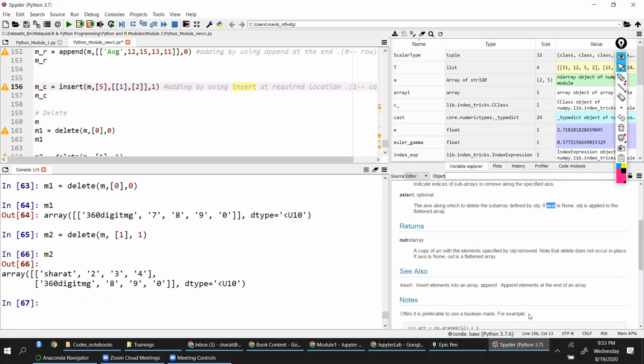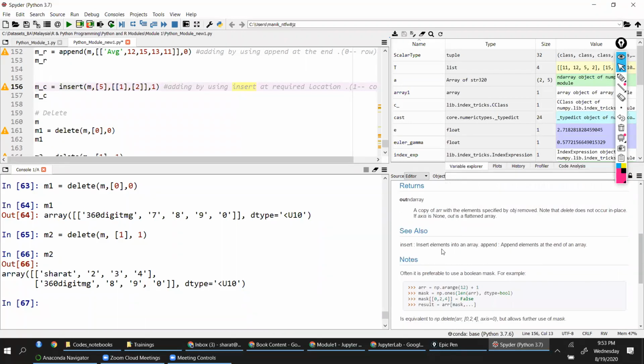Okay, so you basically have to try and experiment on insert and append. Insert elements into an array, append elements at the end of the array. So that's the difference. Insert and append. Insert can put your values in between somewhere. Append will put the values always at the end.